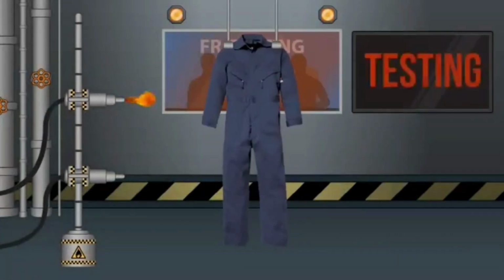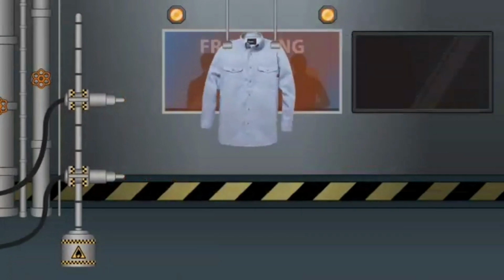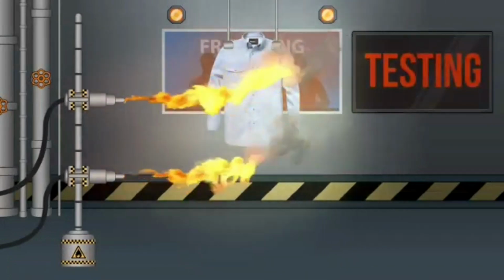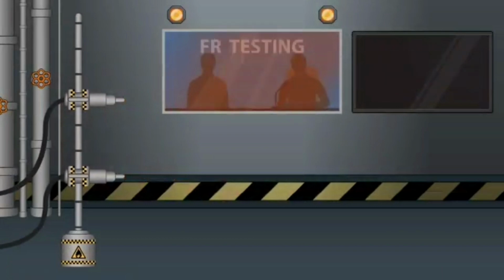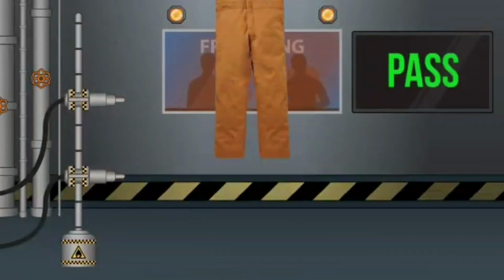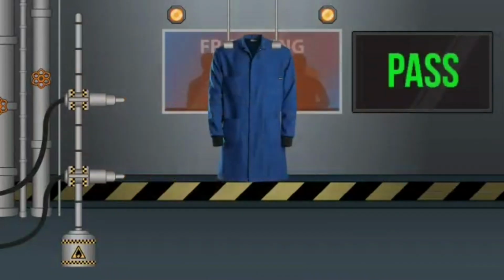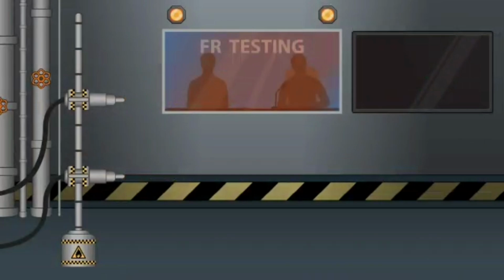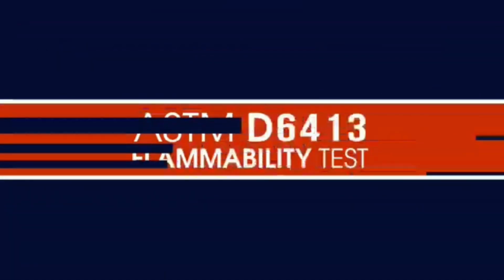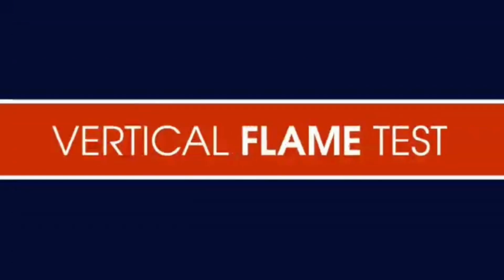Safety standards require flame-resistant fabrics to be tested to verify that they will consistently and effectively perform their primary job of either self-extinguishing or not igniting. Depending on the hazards the fabric is intended to protect against and the applicable safety standards, a variety of different tests may be necessary. The most basic test is the ASTM D6413 flammability test, also known as the vertical flame